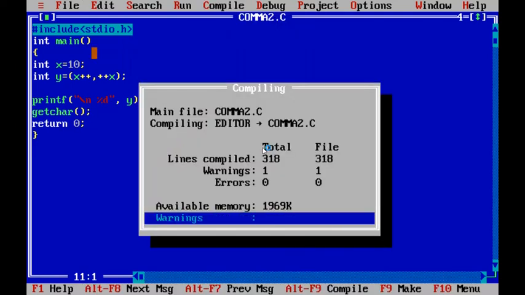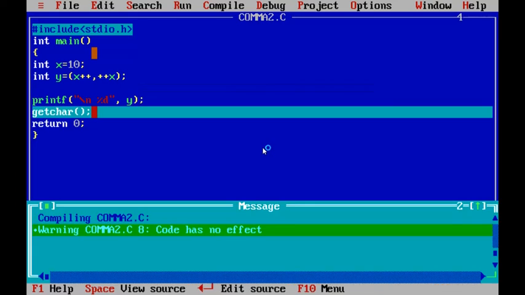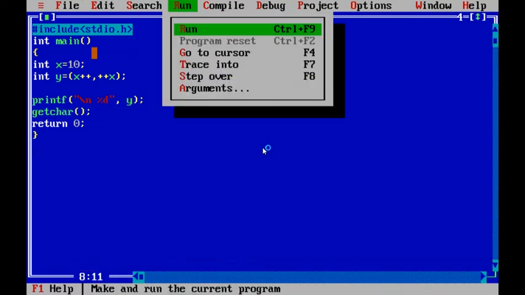Compilation is successful with 0 errors. Now run the program. Okay. Program executed successfully. The resultant value is 12. Now analyze the output. How did we get 12?